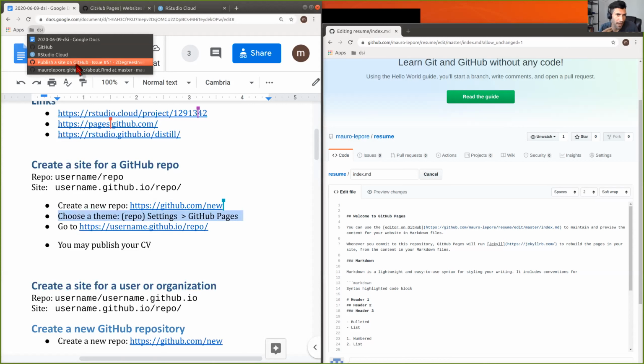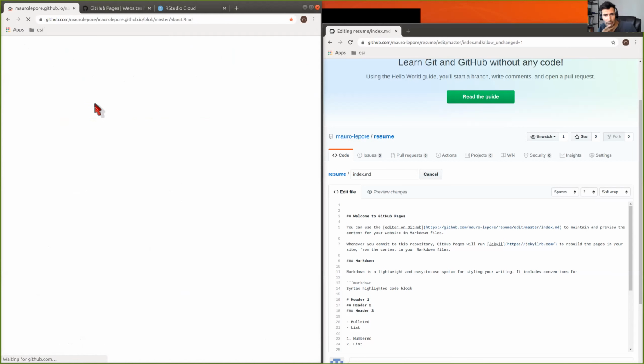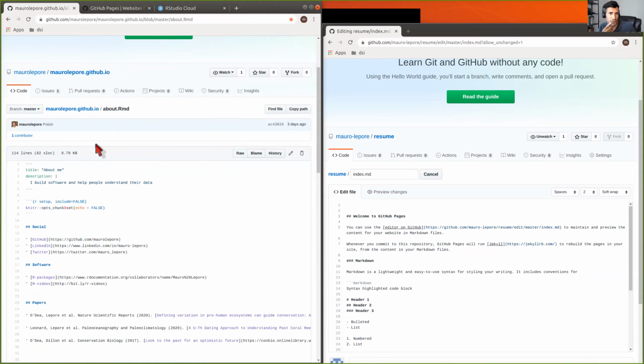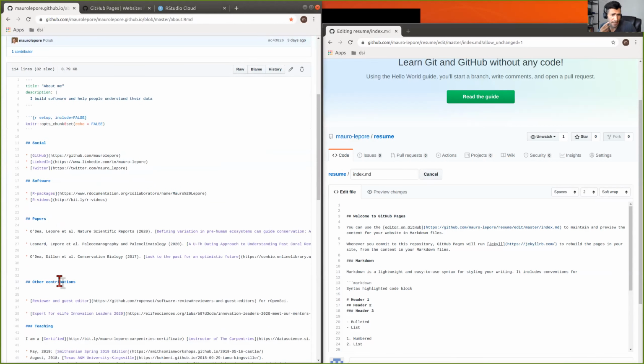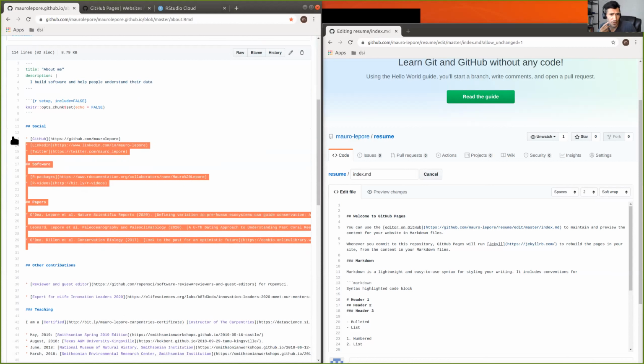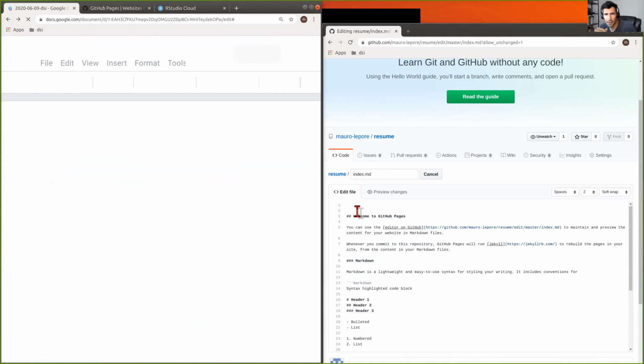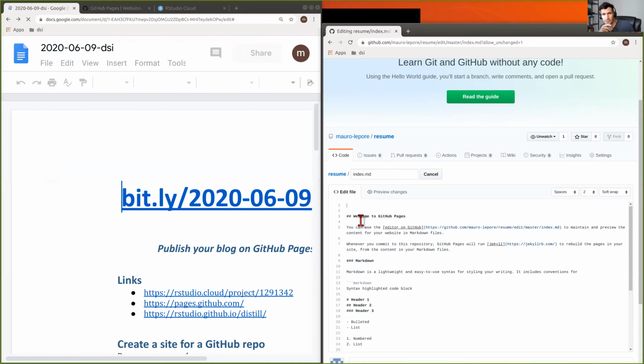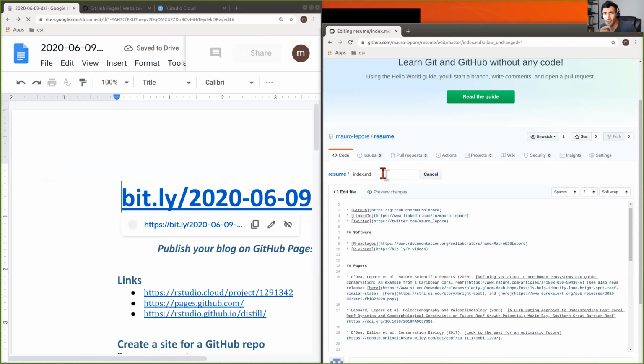So for example, I think I have here some information about me. My suggestion would be that something like this could be useful for you to host your CV. So I'm going to copy some text that I have already in a different website, and I'm going to paste it just here. This is no more and no less than just a file called index, and the extension is